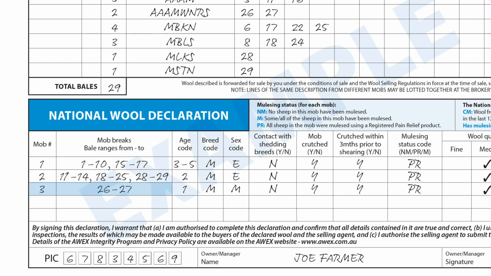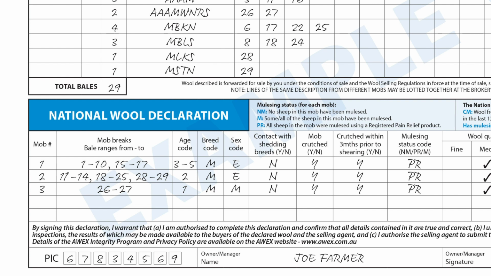Mob 3, we've gone bales 26 to 27. So understanding there that there's 29 bales in this wool clip, and we have got covered from bale 1 through to 29 and no bales left out. Just to go back across the top line again, so mob 1 we've got bales 1 to 10, 15 to